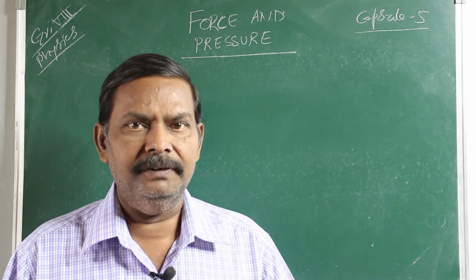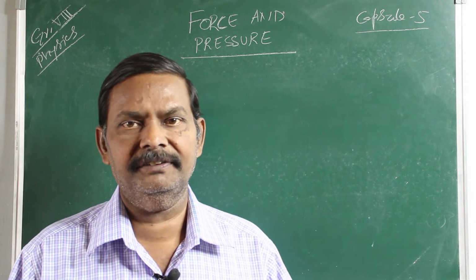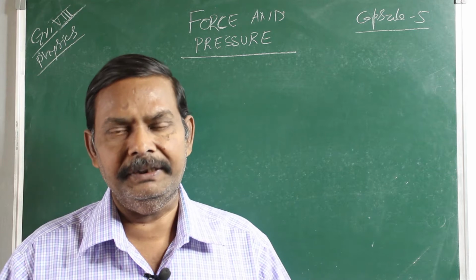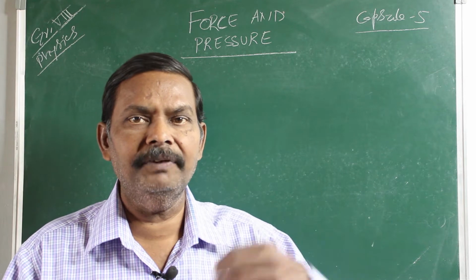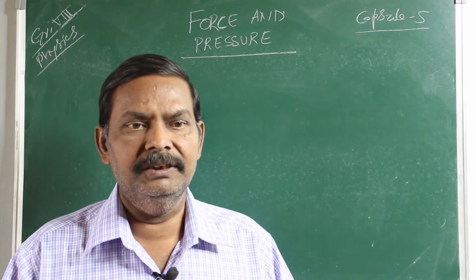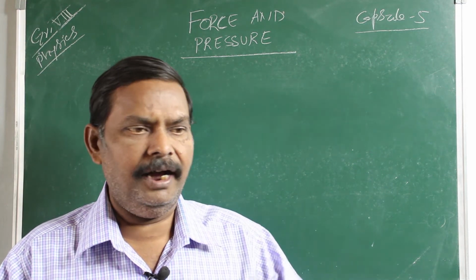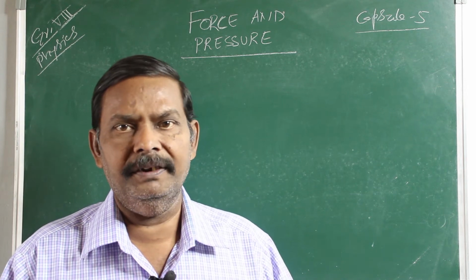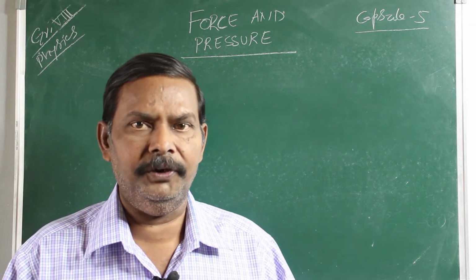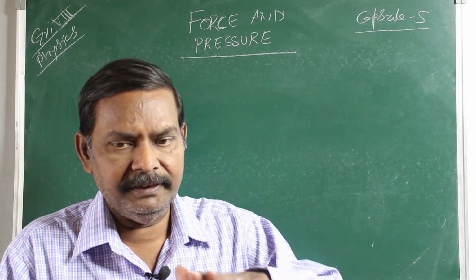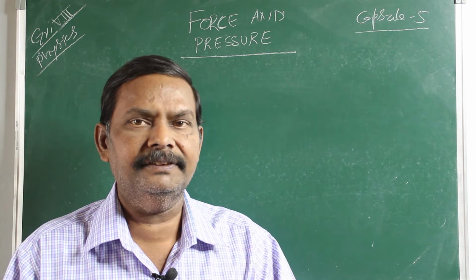In the previous capsule, we discussed the pressure exerted by solids on a surface, and by liquids and gases on their surroundings. Now in this capsule 5, let us discuss different applications of pressure. The first is that the pressure of a solid on a surface depends upon the mass of the body and the area of cross section of the body. So the area of contact between the surface and the body also influences the pressure acting on the surface.